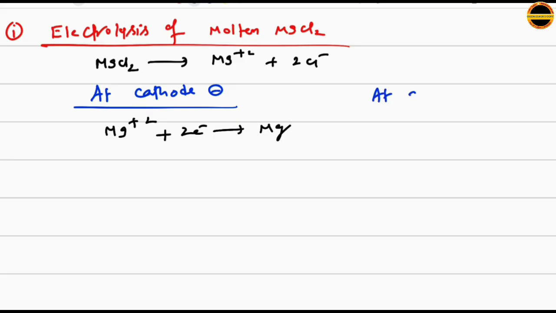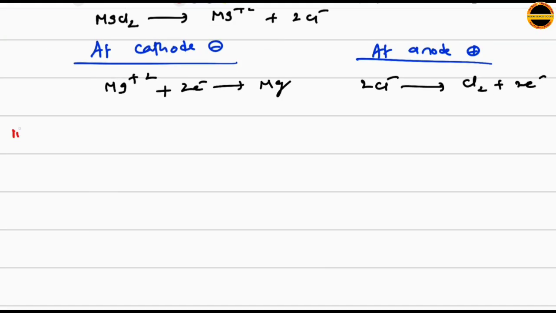Similarly at anode, which is the positive electrode, 2Cl minus lose 2 electrons and form Cl2 gas at anode. Okay. Next, electrolysis of